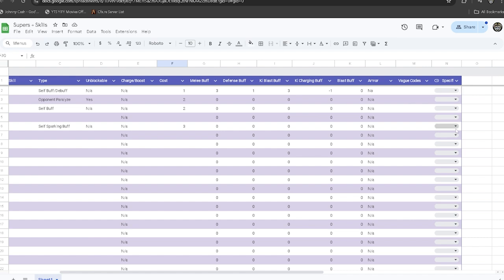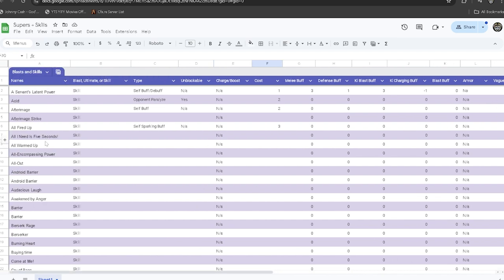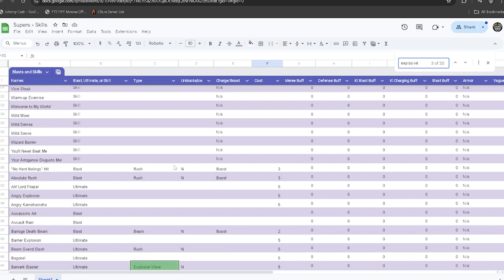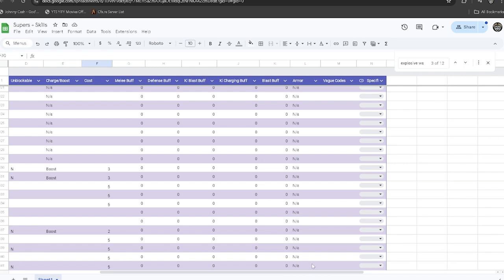and then over here you'll see vague codes, specific codes, and we're going to break that down, which will relate to the other document we were on earlier. So you could just hit Control F and then find whatever, like let's say we want explosive wave. Yep. So we found explosive wave, and then we can scroll over and find the specific or the